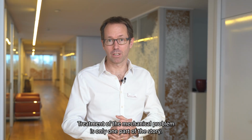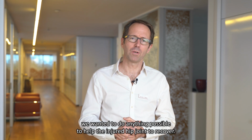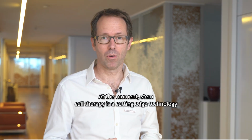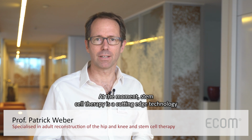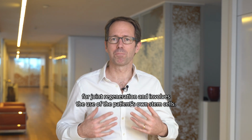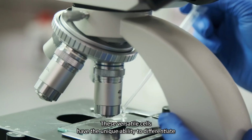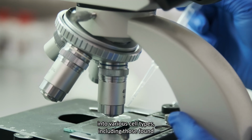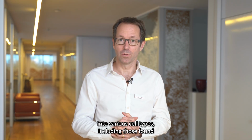Treatment of the mechanical problem is only one part of the story. Apart from surgery, we wanted to do anything possible to help the injured hip joint to recover. At the moment, stem cell therapy is a cutting-edge technology for joint regeneration and involves the use of the patient's own stem cells. These versatile cells have the unique ability to differentiate into various cell types, including those found in